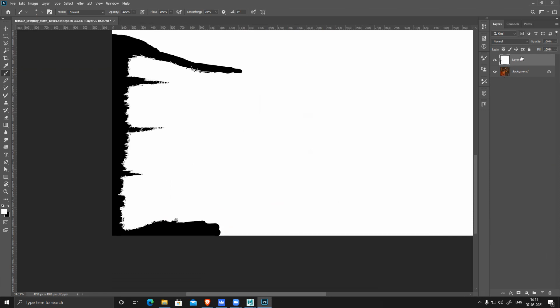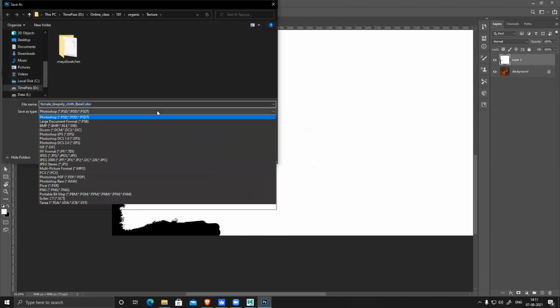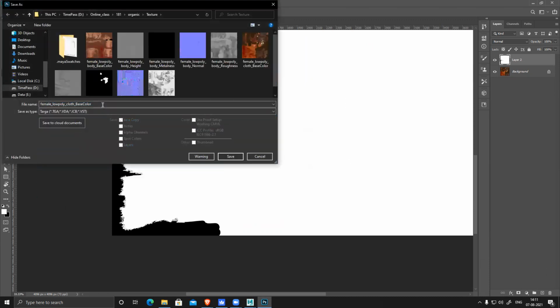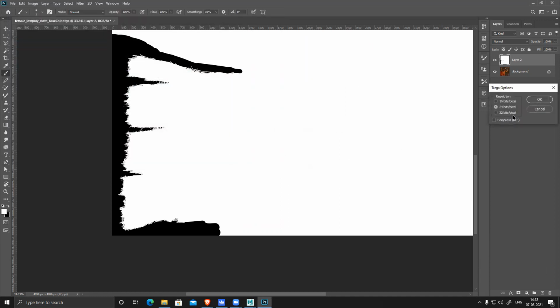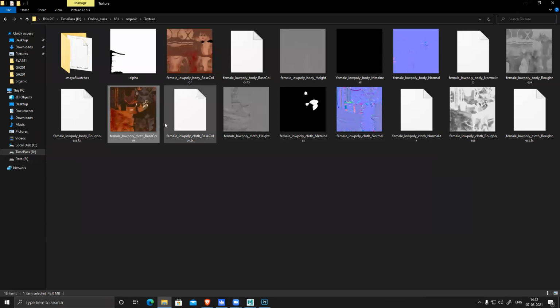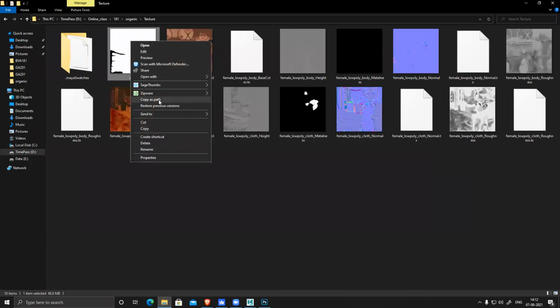And if I want, I can save it separately also. If I want, I can save it as an alpha channel also. Both work. As we are using Arnold, we have both the options. So for now, I'm saving it separately. Alpha, 24-bit. Here it is. Copy path.